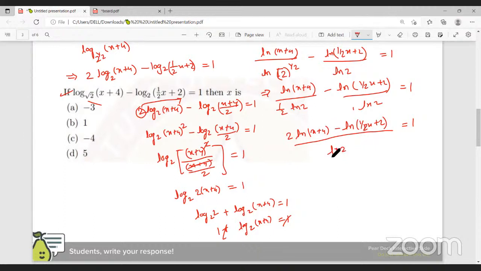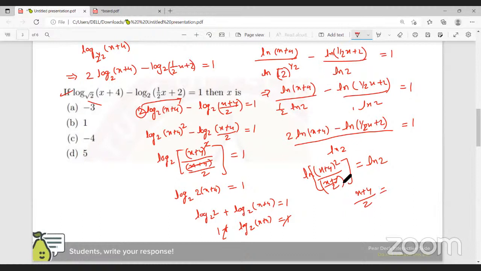So same condition I have to get, right? So ln of x plus 4 over 2, and this equals ln of 2. If we simplify this, then I will get x plus 4 by 2 equals to,